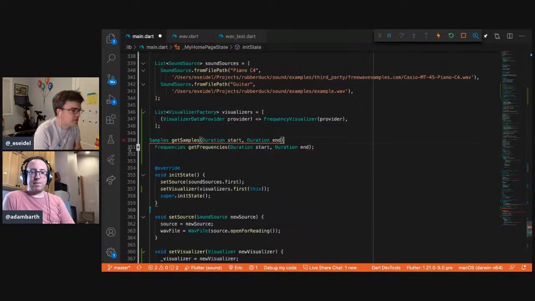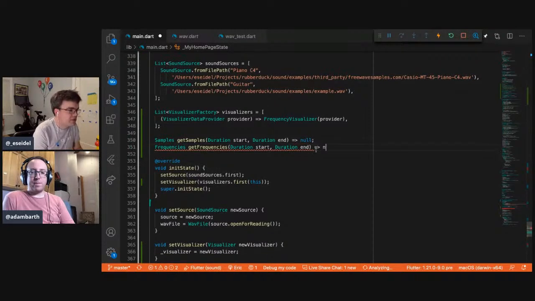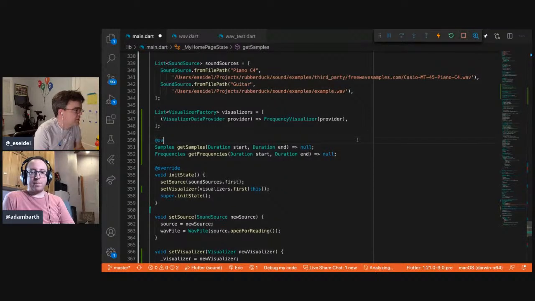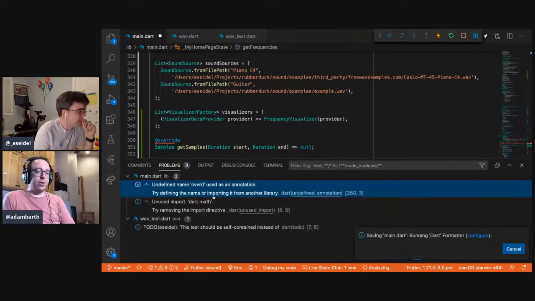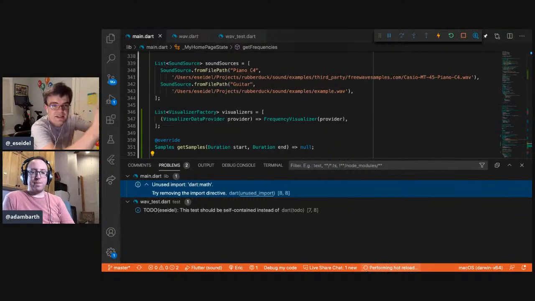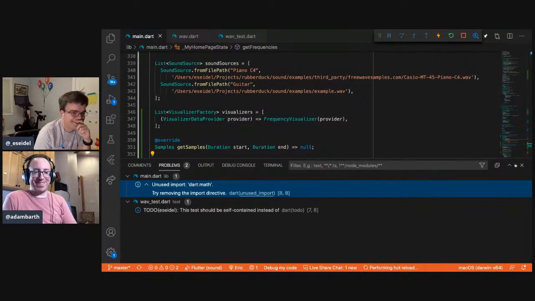Okay, so if we do this, and we just make this null, soon Dart will let us do this. All right. Okay. Yeah, did I make any typos? Looks good to me. What does the analyzer think? I think the analyzer is still stuck in a couple minutes ago. It's analyzing. We need one of those YouTube effects where it zooms in. Zoom and enhance. Zoom and analyze.